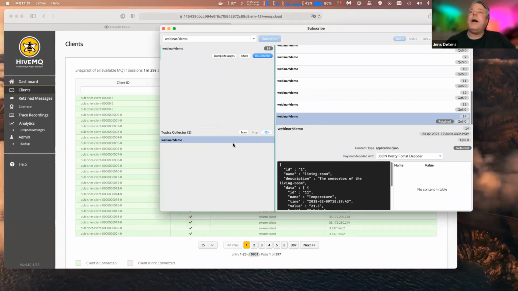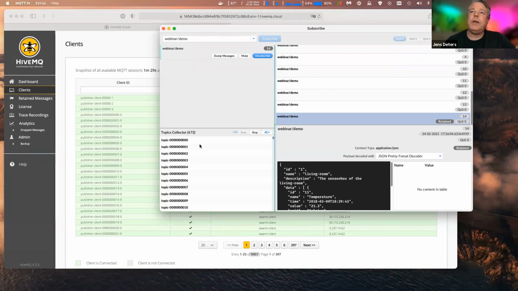In terms of that, I want to show you another feature of MQTT.fx. It's the so-called topics collector. By the protocol definition, you are not able to ask the broker for all existing topics. It's not a standard. But MQTT.fx is able to subscribe to the broker and scan for all active topics. So if I press scan here, the topics collector will start to scan all the active topics which are producing data here,